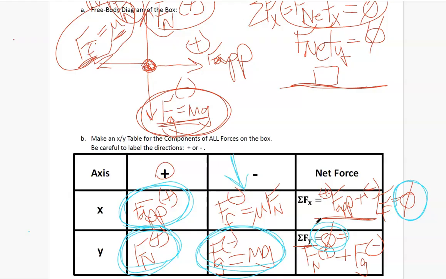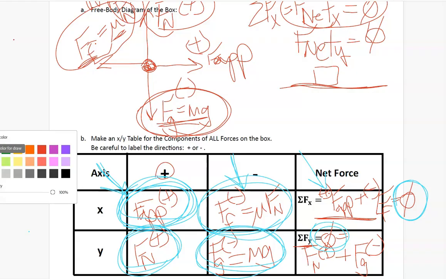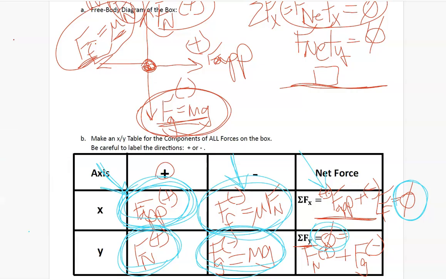Well, the strategy here is if we know the applied force, this force right here, and we know the total horizontal forces are 0, we could figure out what the frictional force is and use that information to get the coefficient of friction. So let's see what the question asks, and hopefully it will walk us along the pathway to